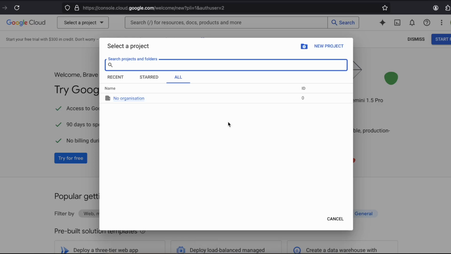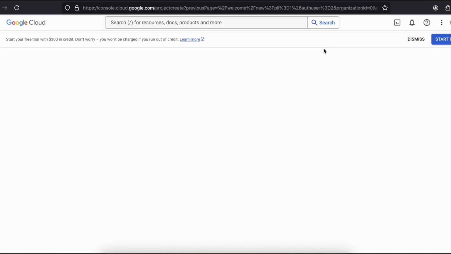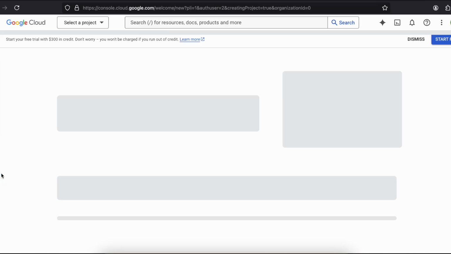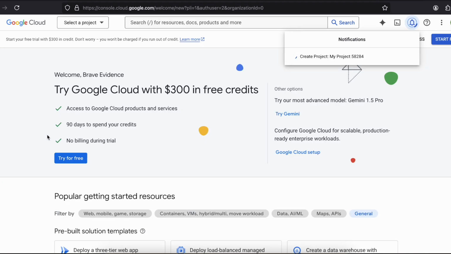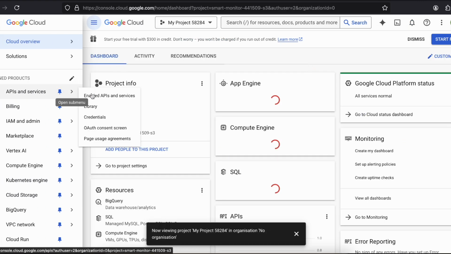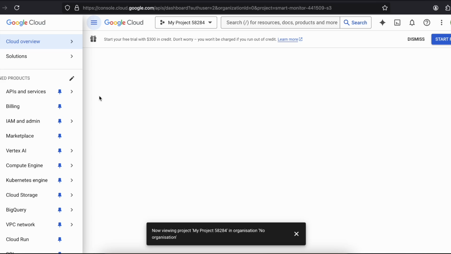First we have to generate the key, so just click on new project, give your project whatever name you feel like. I'll just click on create. So let's just wait for the project to finish. So here is my project. I'll just select the project, then click on APIs and services, enable APIs and services,